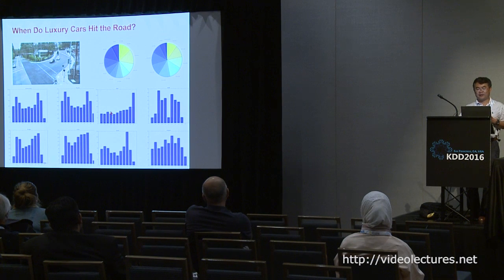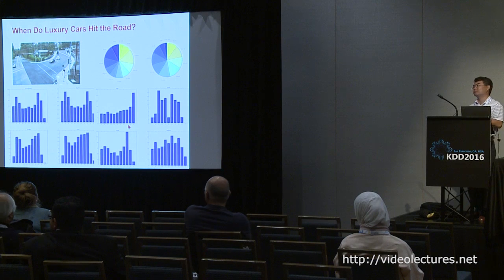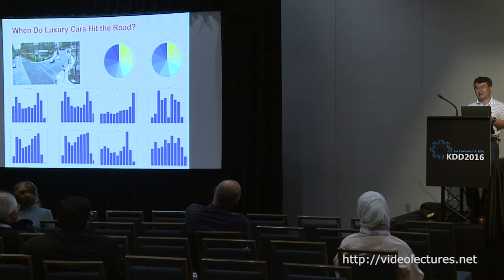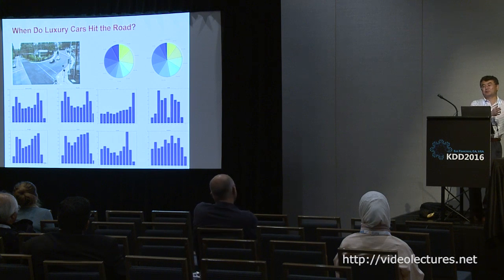And then you look at the Fiat, okay? They don't come out during the day much, except very late. We also find some cheap cars, which I won't mention the brands. Their first peak is at 6 instead of 8. So some low-income people actually come to work a lot earlier than others.